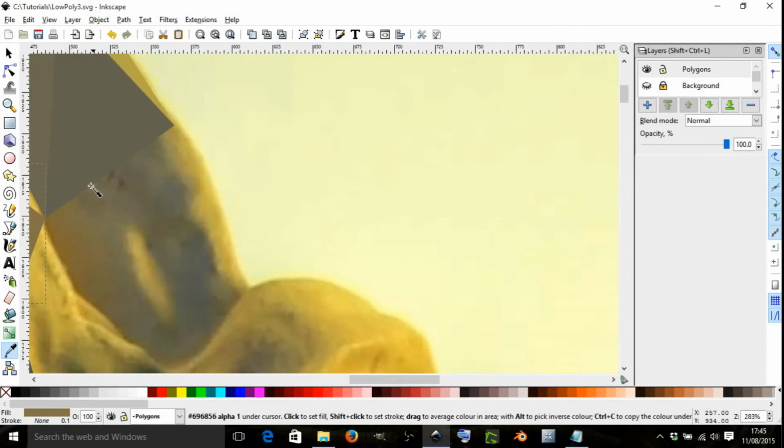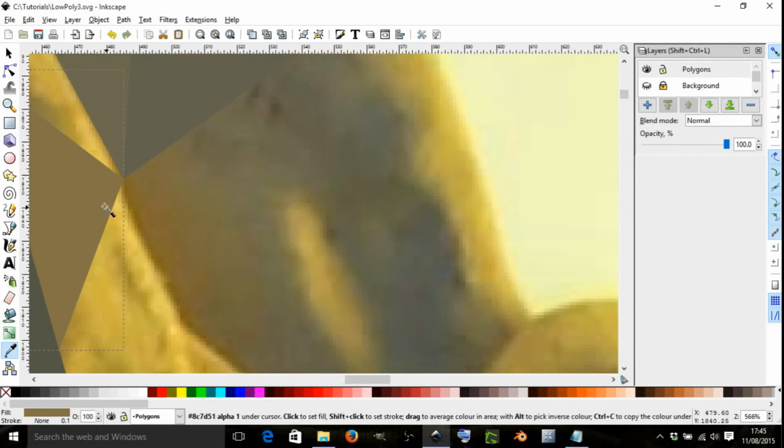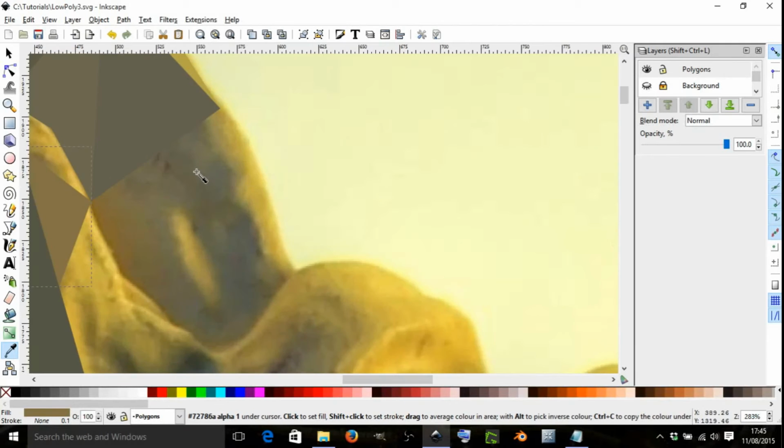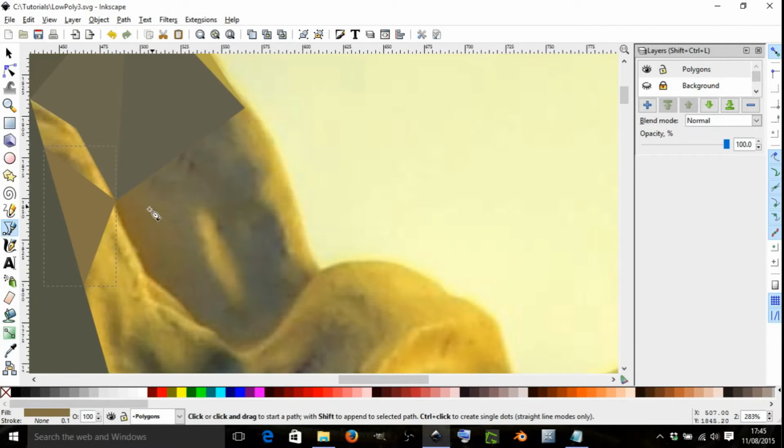So let me make a demonstration of it right here. This whole part is all dark as you can see, and this part is lighter. So I'll go in there and draw a triangle somewhere up to there, close it off, sample that color,